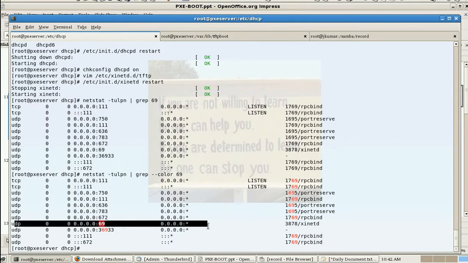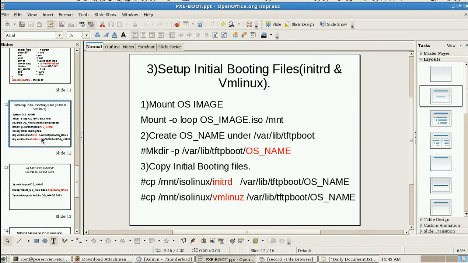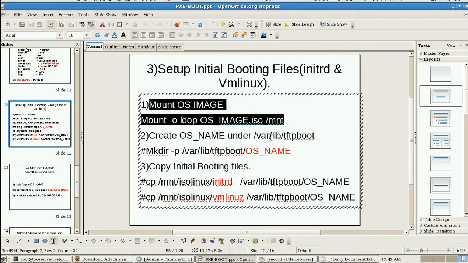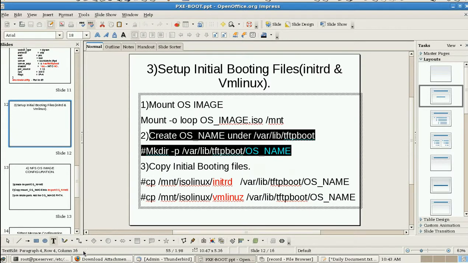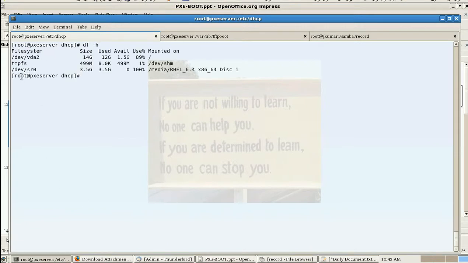TFTP is configured. Then we need to configure the NFS image. So the first step is we need to mount the operating system image, then we need to copy it. Both steps are already completed. The first one, the OS, is already completed. The second one, the file, is already copied into the export RHL 6.4. The next one is